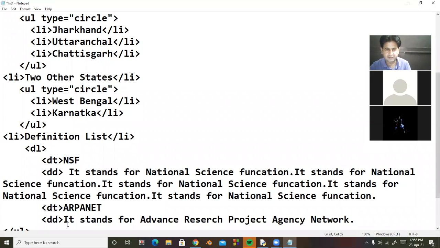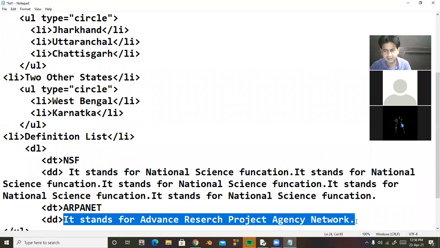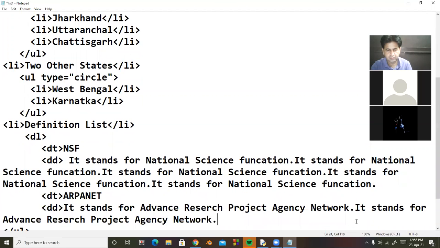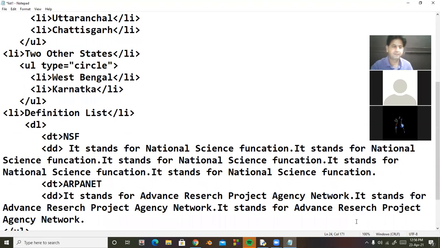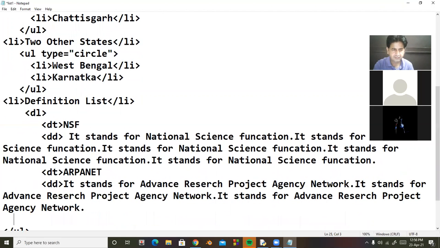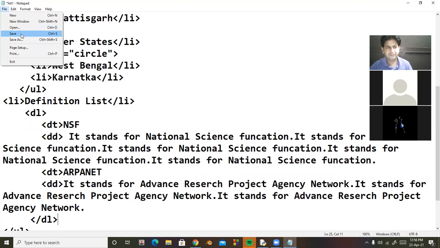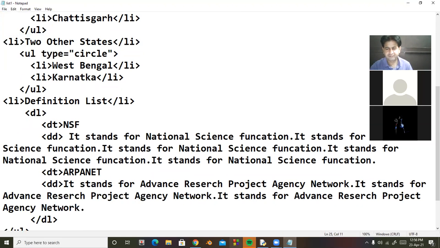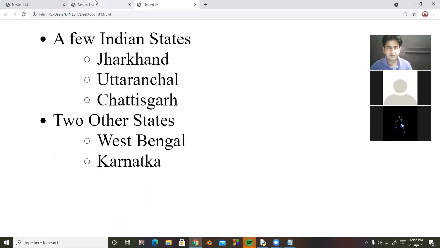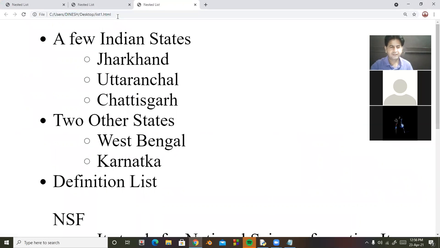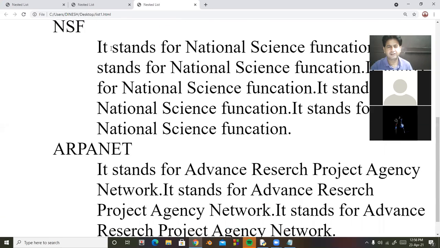I'm copying this line and pasting it again and again in order to make multiple lines. And at the end, we will close DL, definition list DL. So I'm copying this, and in browser, look at here. This is definition list.